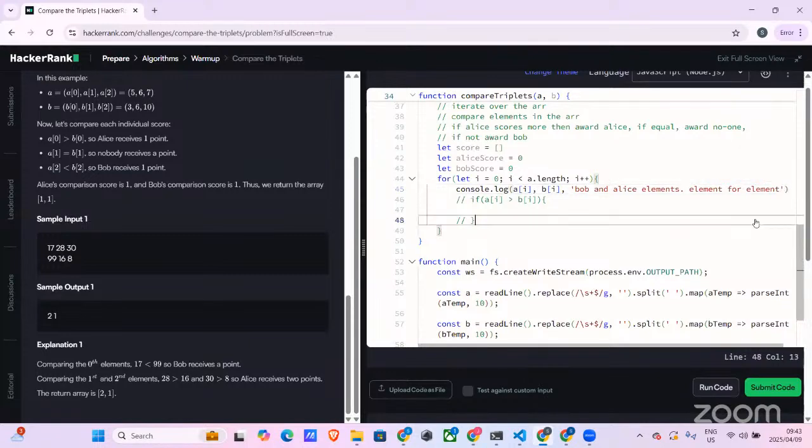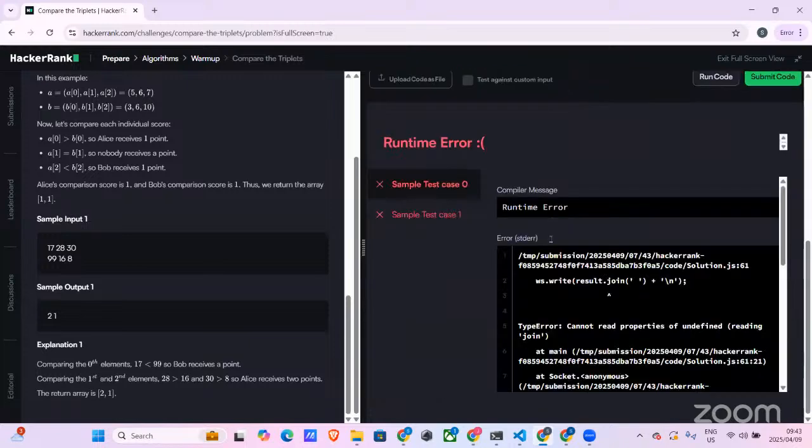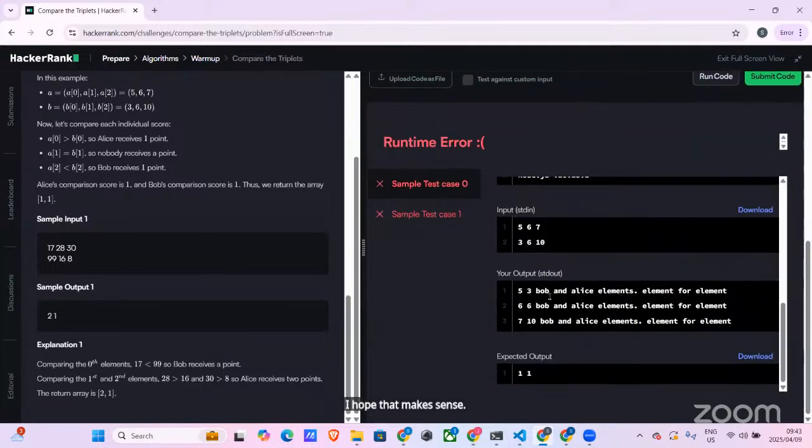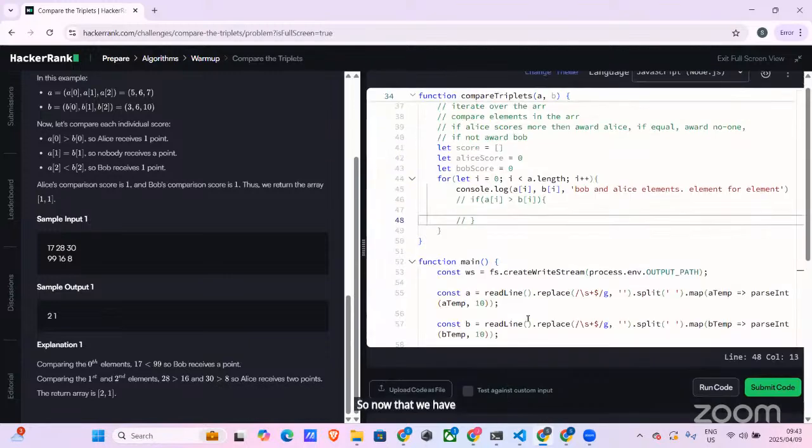I hope that makes sense. So Bob and Alice, element for element, right? So 5 and 3. We're going to compare 5 and 3 first. Then we're going to compare 6 and 6. Then we're going to compare 7 and 7, right? You guys see the power of console. So now that we have an idea of what's going on, now I can